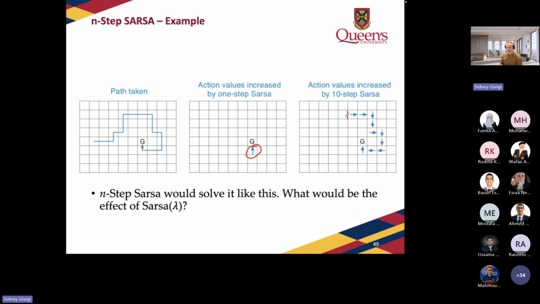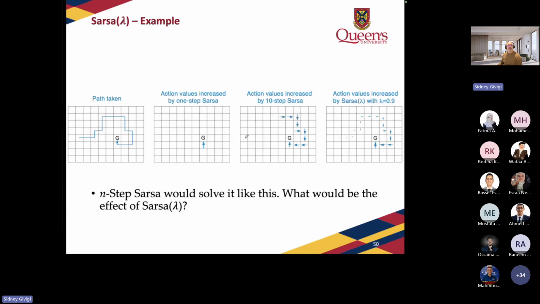If we implement this eligibility trace idea, we have something different, right? Because now, depending on the parameters that we choose, like lambda, we are going to get the return propagating in the past all the way to the beginning. Observe that this is going to be attenuated all the way to get to the beginning, so it's not going to be the same as before. However, it's not going to have a hard stop. Here we have a hard stop, here we have a hard stop, and that's it. Here, no, we keep going.